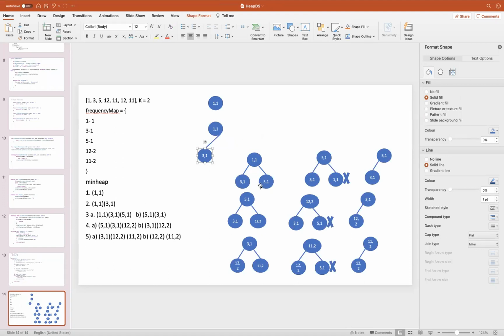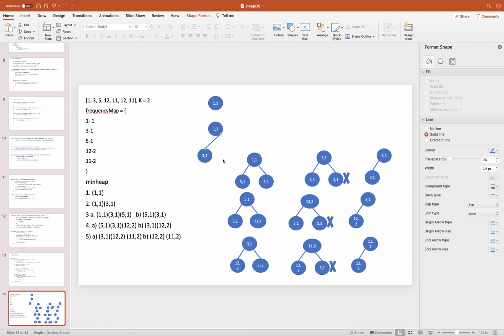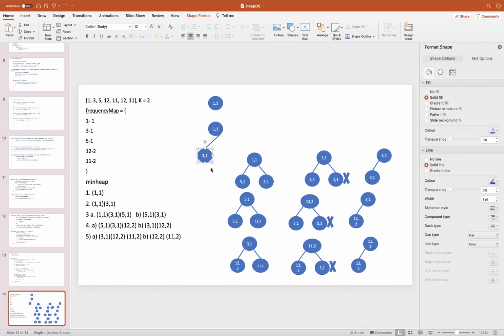Yeah, so the left part should be filled, then only it will be called a complete binary tree. It means all the levels are filled before going down. Let's say I created one more node here, and instead of filling it here, I filled it here.